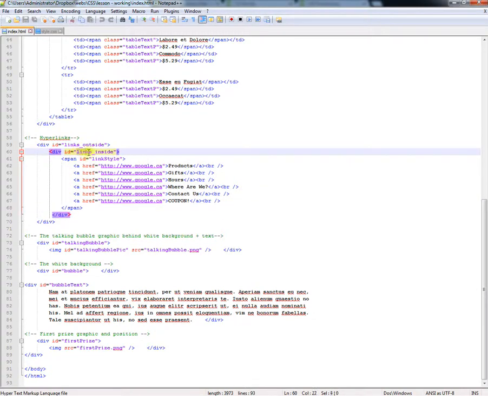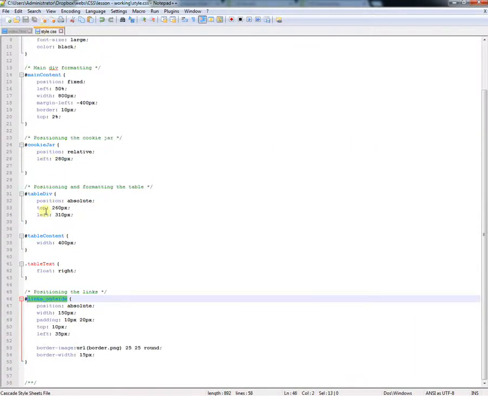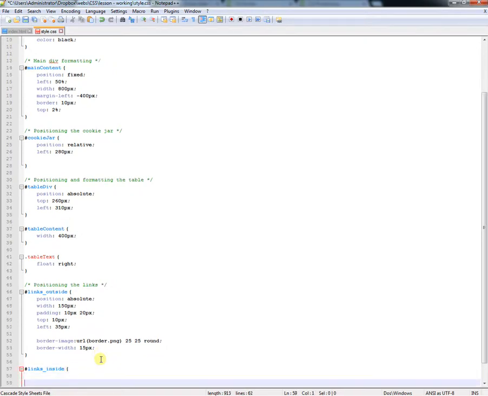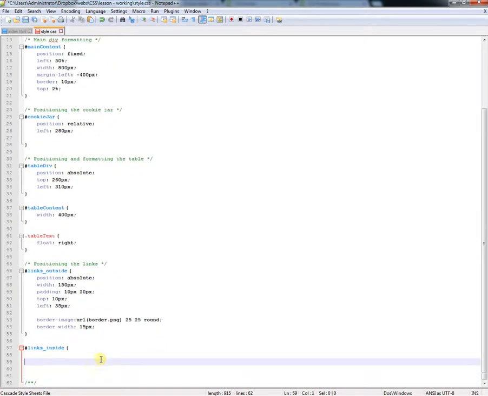So this one's called links inside. The first thing I need to do is to copy that, bring it to my CSS. Alright, and logically we go right underneath this one. Okay, so I'm going to paste it there, number sign, paste it, open and close that div. Now what are we going to do for positioning in this one? Links outside. Alright, so this one here, if you go back